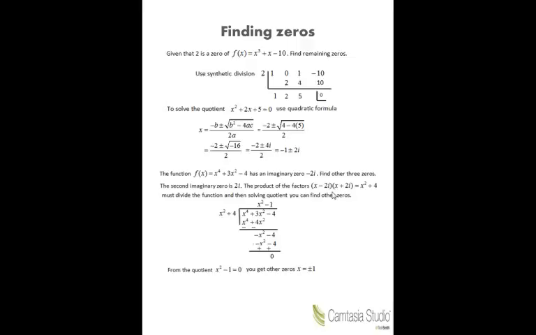So when you solve this one, you get x equals plus or minus 1. So you have got all 3 zeros. Negative 2i was given. So you have got 1 zero is 2i, a complex 0. And the other 2 zeros are